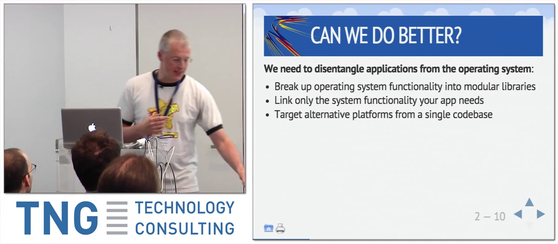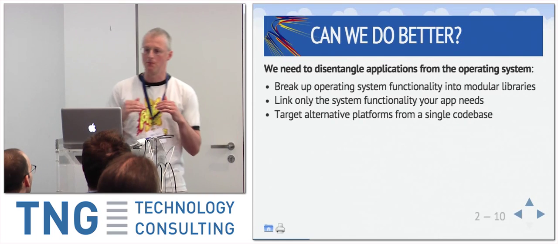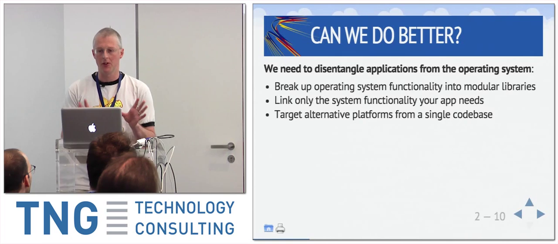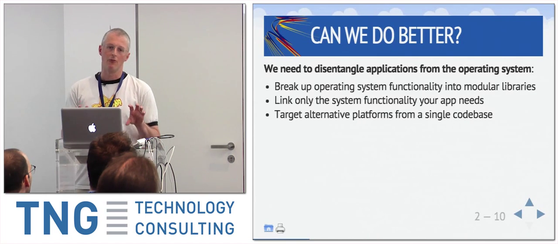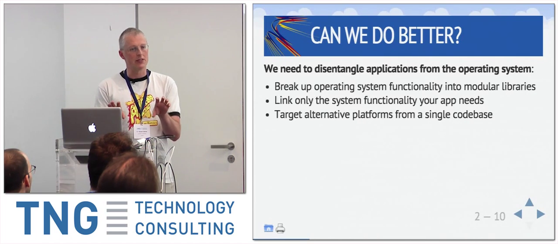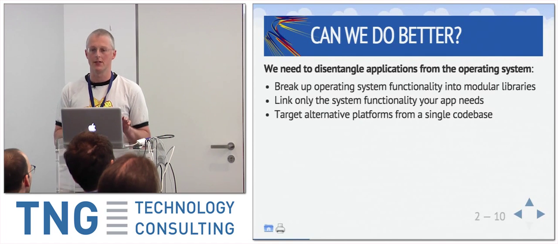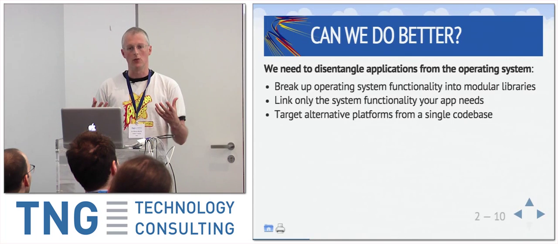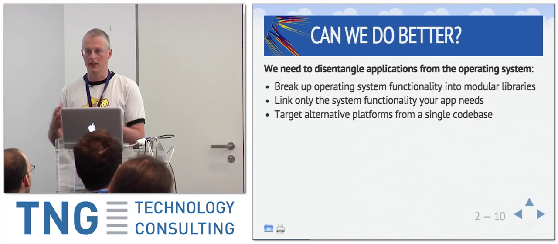So we think there's a need to try and disentangle applications from the system, the platforms they run upon. And we can do this if we take the operating system functionality and break it up into libraries and revisit some technology that certainly in the research community in the late 90s was common, which was library operating systems. So rather than having the operating system as this monolithic kernel, you split it all up and you take only the bits that you need and you link them against your application.